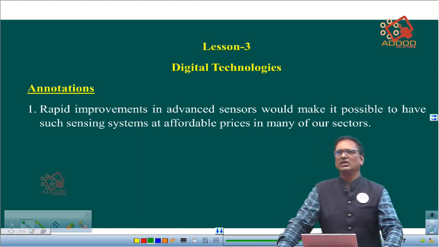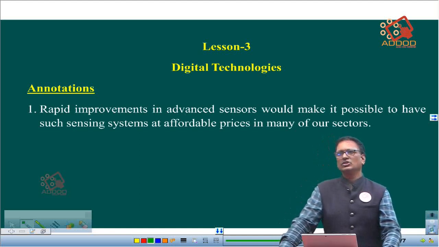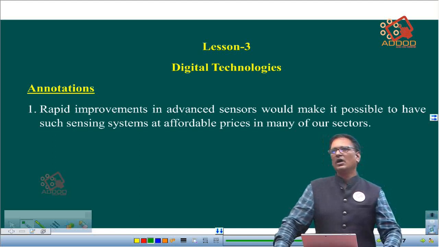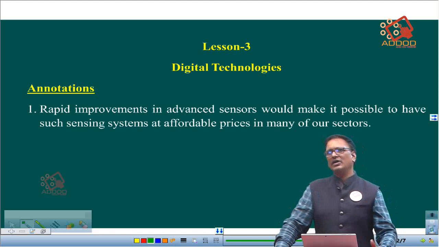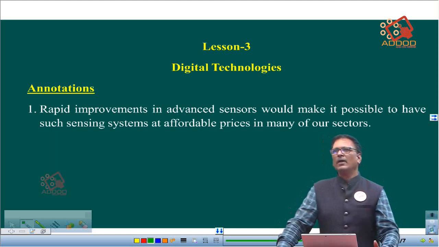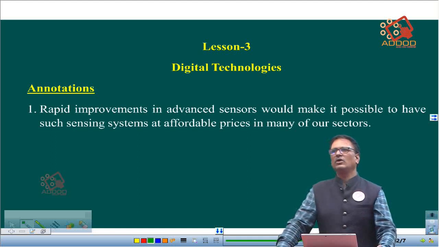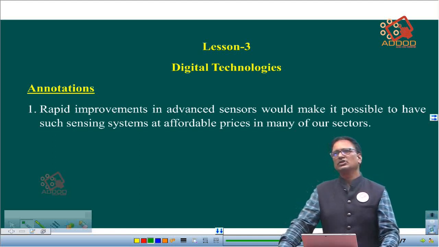Every evaluator has his or her own kind of attention to your writing. For example, I am a student, you are a student, you have written in your own words, I have written in my own words, but the evaluator has his own way of thinking. So ultimately, whoever the evaluator may be, we are going to present our ideas, those which are there in our textbook on the lesson, so clearly and precisely, without any confusion, that the reader, in order to award marks for your annotation, should be impressed. So that impression is important.